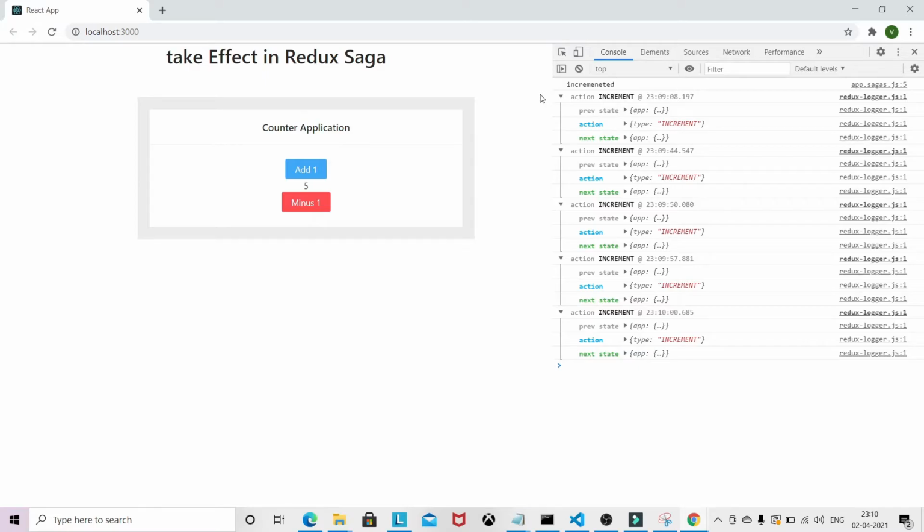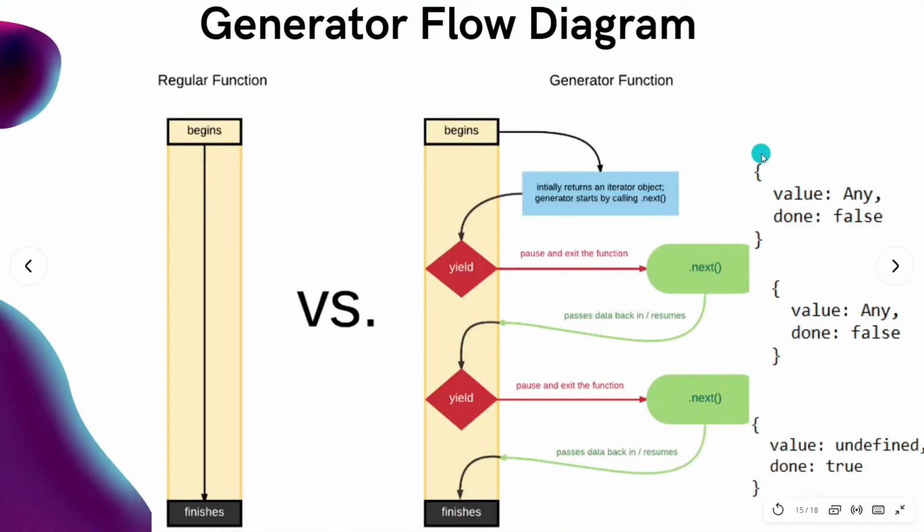So in the generator, what actually happens? I will bring one slide so you will get more clarity. This slide I have prepared for this video. In a generator, we call next on every yield statement. You can see we are calling next on a yield statement, and the data passes back into another yield statement.